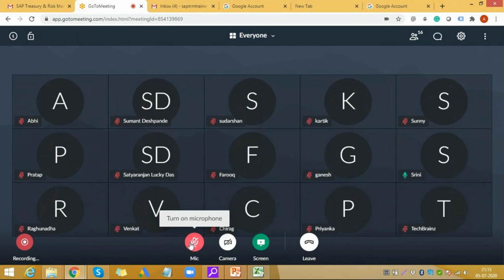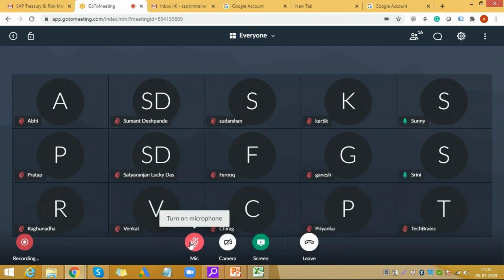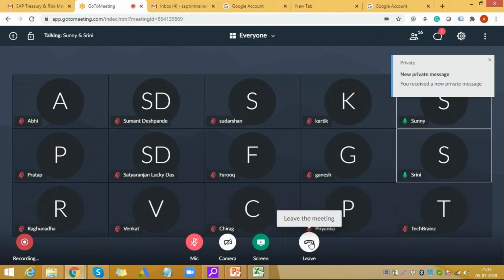Hey, Sunny, you there? Yes, Suresh. Could you please send me your number, text me on my mobile number, or give me a call? Already I shared it. No, I didn't get it.